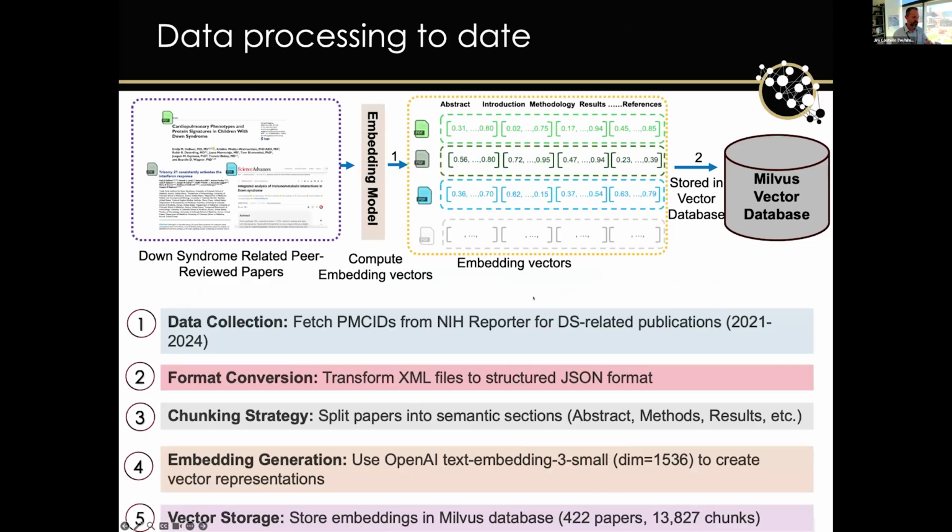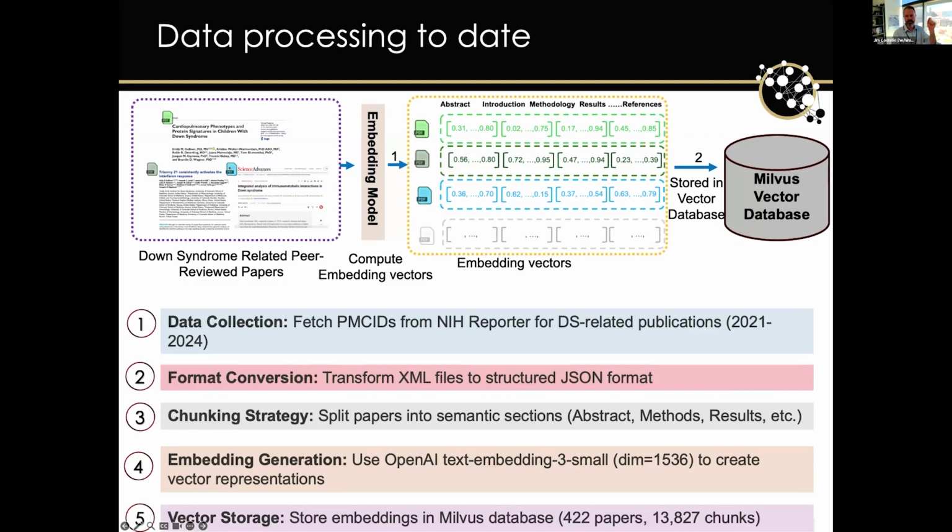So it's a little complicated. I'm just trying to give you the big picture idea here. But the process that we're going through currently is taking Down syndrome related peer-reviewed papers. This work is being led by my postdoc, Sutanu Nandi, whose picture's on the next slide. We're going to specific publications that we know are funded through INCLUDE or that are highly relevant to the research we're interested in. We're taking all of those papers